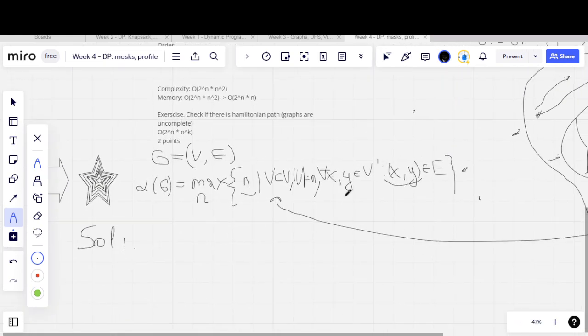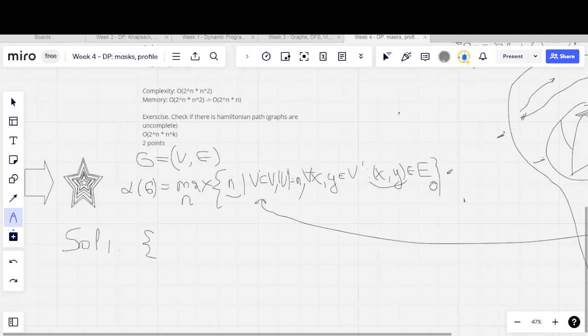We just iterate through all the vertices in our graph G, include or not include the vertices in the set, and we check